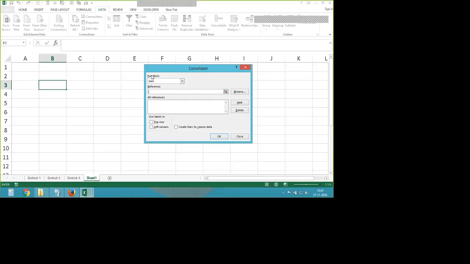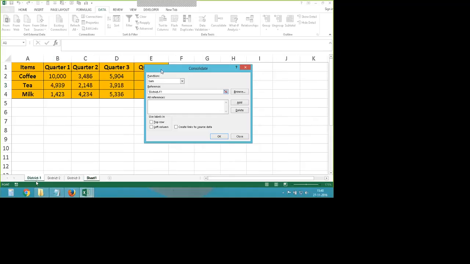Fine. Which function are you going to apply? These are the ready-made functions: sum, count, average, maximum, product. Suppose I take sum for now. Then references. It is asking for data references. What are the data references? There are 3 districts where the data is available. So for reference data, I'll just locate my cursor here. I'm just moving to district 1 and